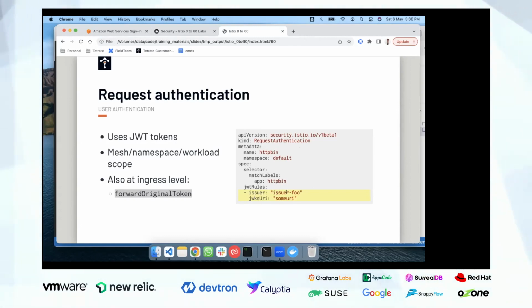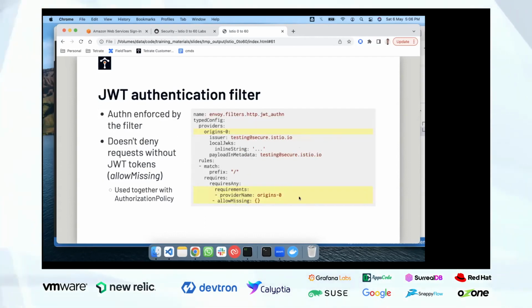So who is the issuer? Every JWT token bears a label saying who issued that JWT token, okay? And that token also has a JWKS URI associated inside it. Now we are going a bit deeper. Here, this is an Istio Envoy filter. So this filter, what it is doing, is saying that